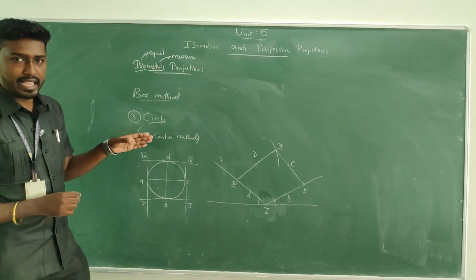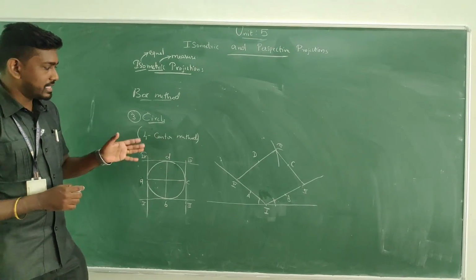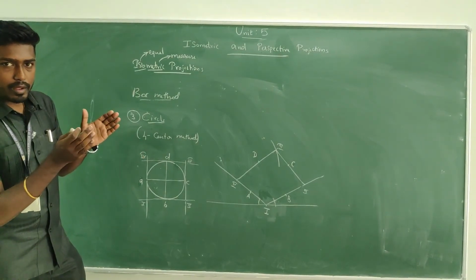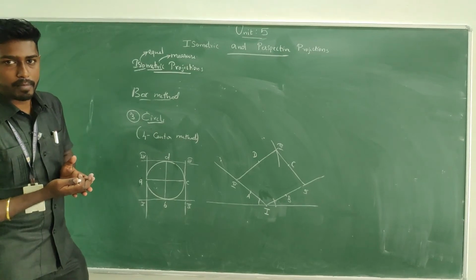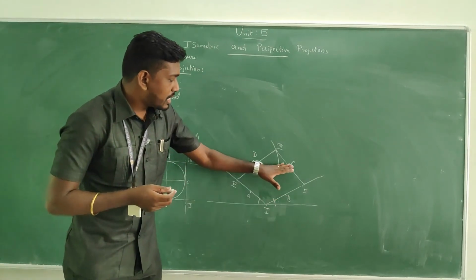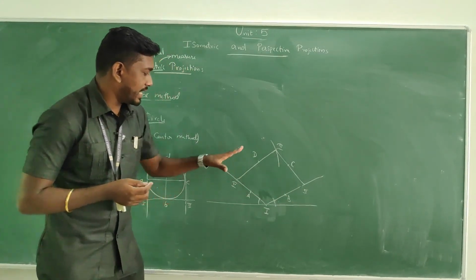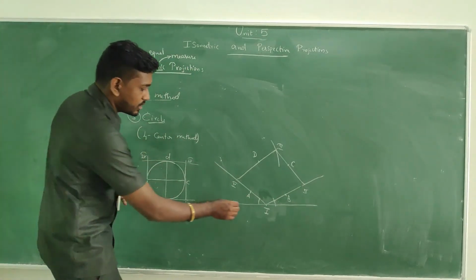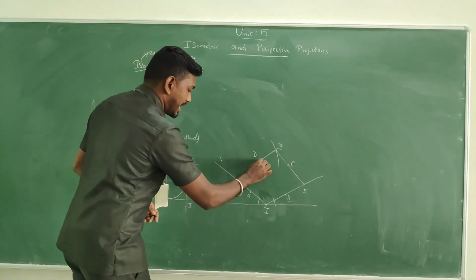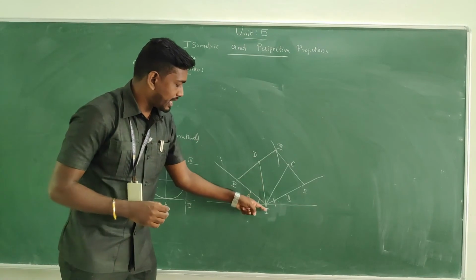Now just watch it clearly. There is a procedure to form the circle in the isometric view. In the isometric view, the circle will be seen like an ellipse. Let's see how we are going to make it. After finding all the midpoints, A, B, C and D on the boundaries, see this is corner 1, am I right? From the opposite midpoint, bring a line to it. Like this. From D and C, bring a line to 1.